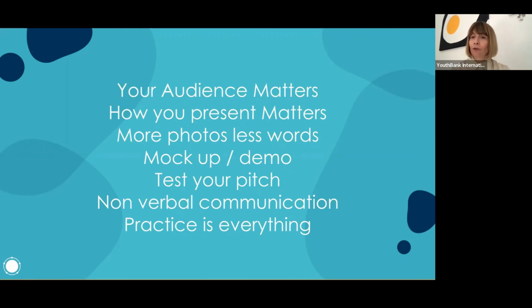Also, it's not if you're able to, but always test your pitch. So when you have your script and your pitch, test it out. Go to different people and ask them for their feedback, not only about what you're saying, but also how you're saying it. So get that feedback, and according to it, adjust bits and pieces, making it simple and clear.